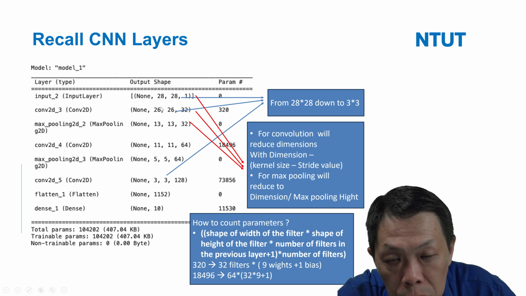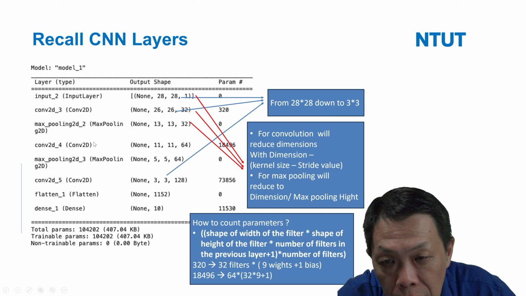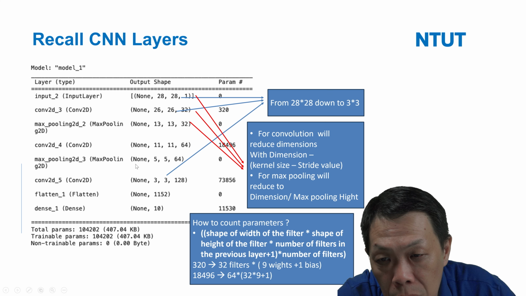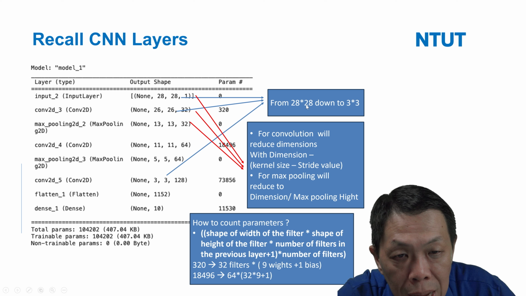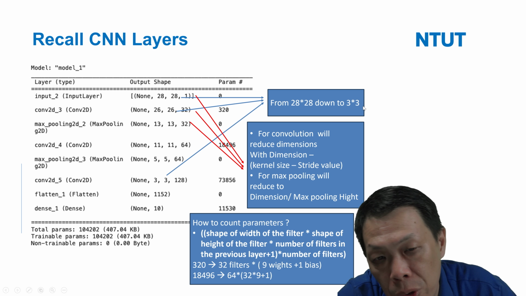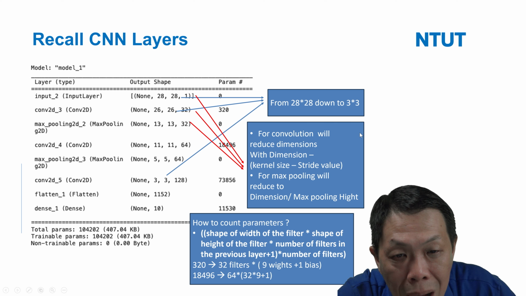So after 3 convolutions and 2 max poolings, the size goes from 28 by 28 to 3 by 3. Why? So we can see